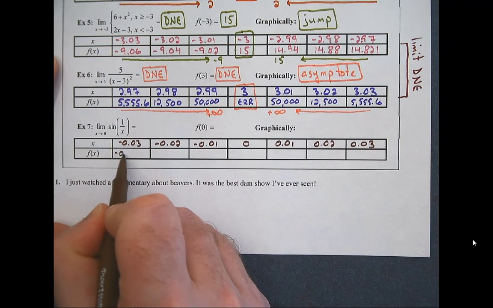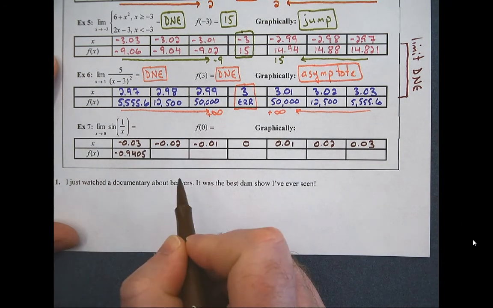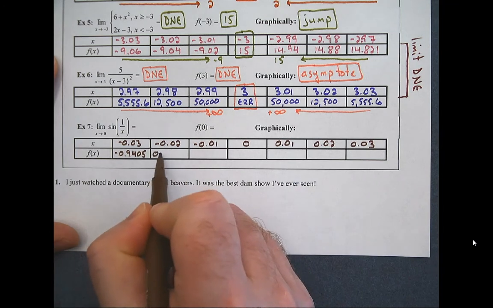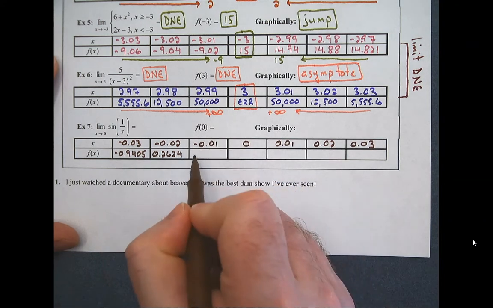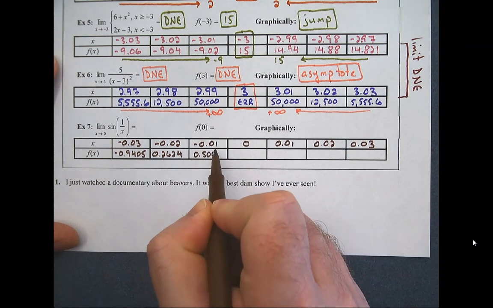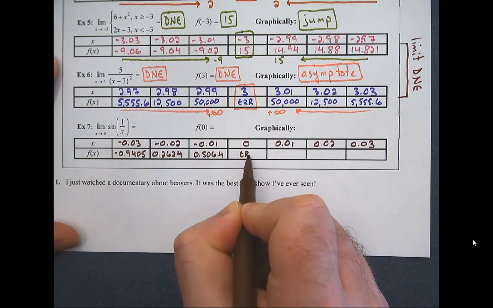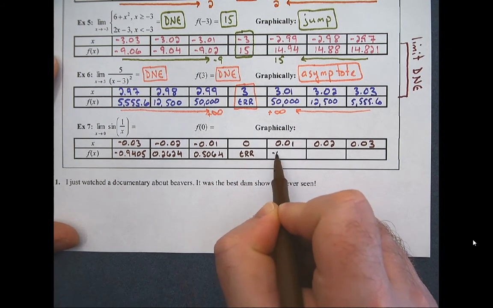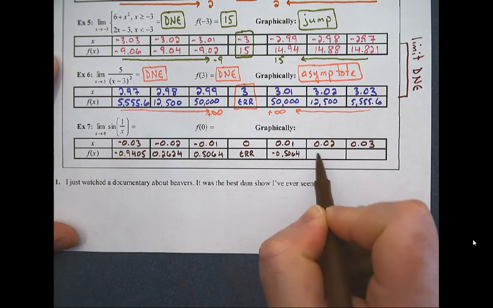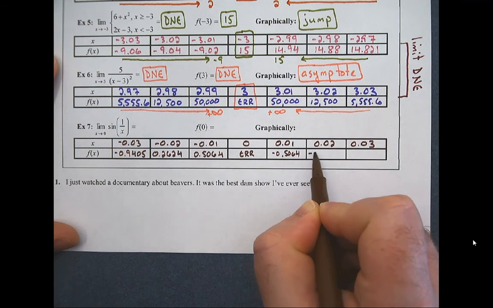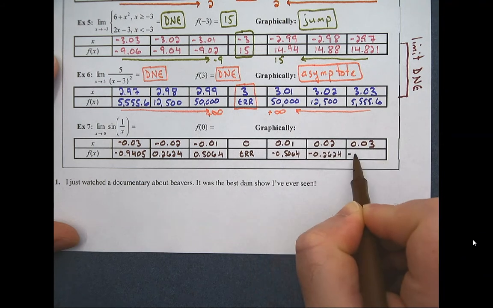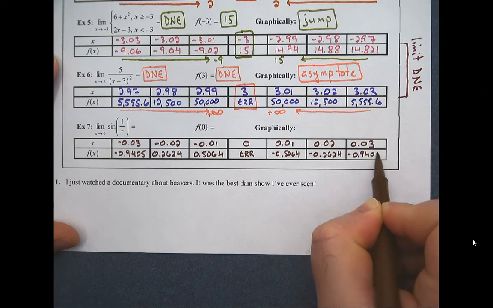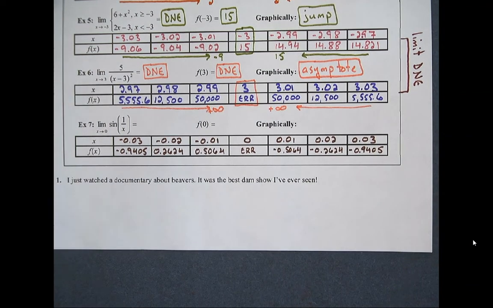And then we get negative 0.9405, 0.2624, I ran out of room, 0.5064, error, negative 0.5064, negative 0.2624, negative 0.9405. Okay, so I can see that there's some sort of a symmetry going on here, but if I asked